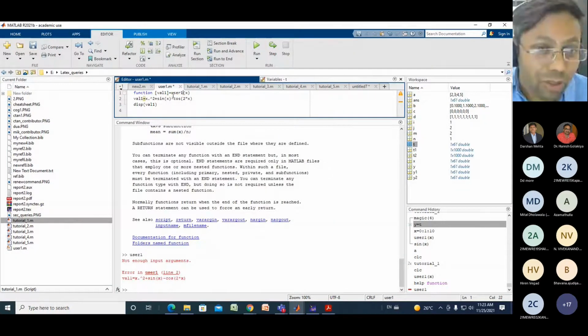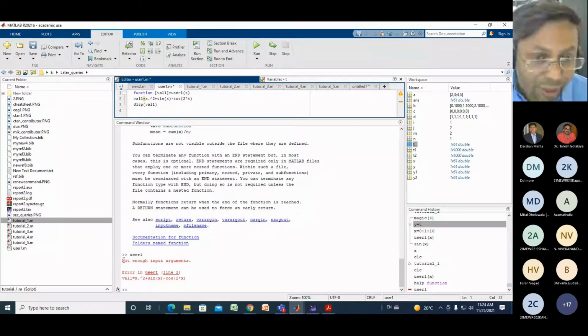If your function name is user1, your file name should be identical. Both should be the same. If you are not doing this, it will show a warning, it will show the error. So it is compulsory to save with both names identical.